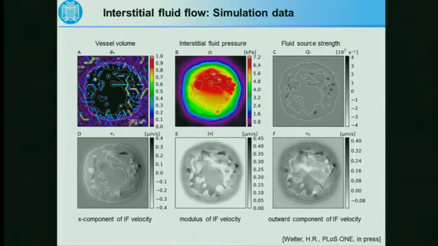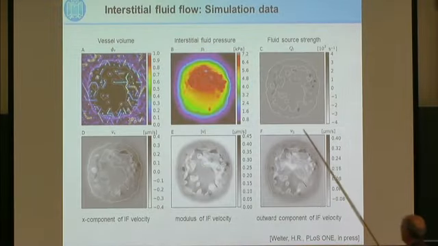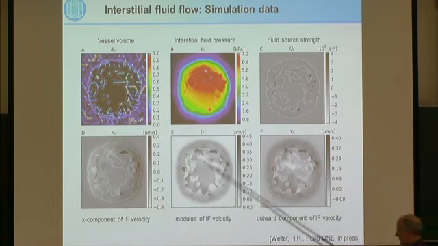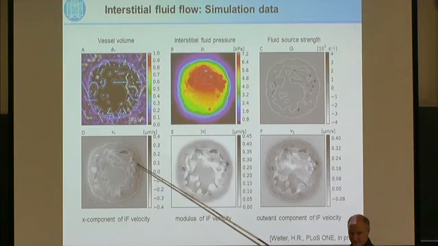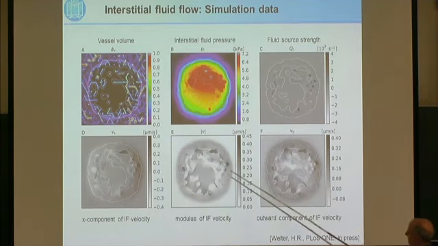It's high here, much higher than here, as expected. Fluid source strength is where the thick vessels are. And this is the X component, the modulus, and the outward component of the flow field of the interstitial fluid. And you see immediately that